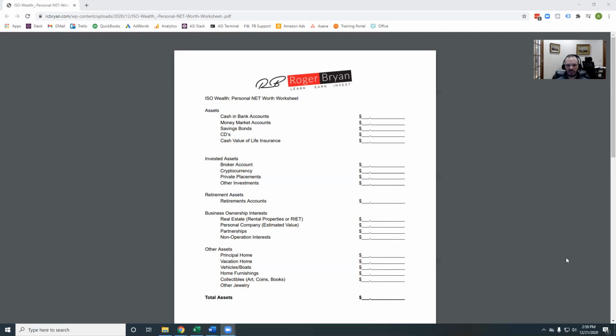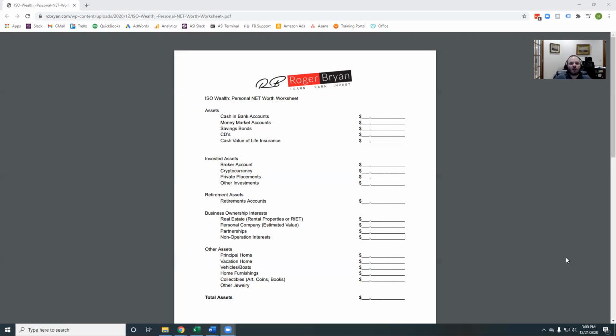These can be investments in things on Start Engine, EquityZen, or other private placements that you've done, maybe if you have a broker that helps you do those. And then again, other investments. What other investments haven't we listed? Note that real estate's going to be covered here in a second.